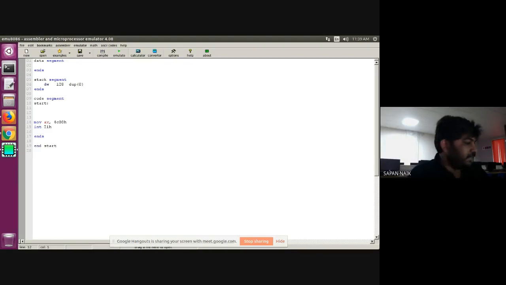So suppose I want to find the square of 1000. I am not writing H here, which means this 1000 is a decimal number. If I write H, then this 1000 will be a hexadecimal number. But as I have not written anything, it is treated as a decimal number.